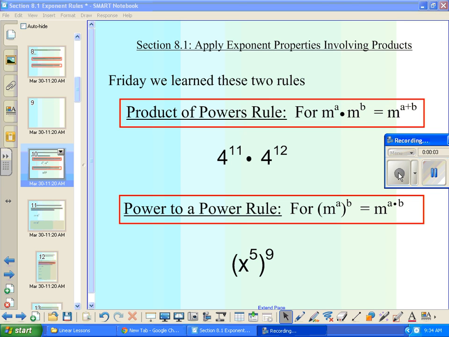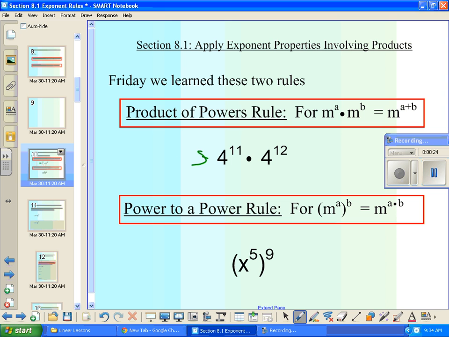Today's lesson is a continuation of section 8.1, apply exponent properties involving products. In the previous lesson, we learned two different rules for how we can simplify problems that involve powers, especially if they had the same, like for the first rule, if two powers had the same